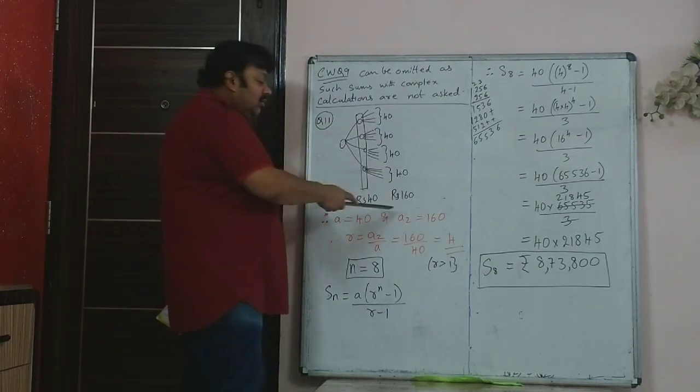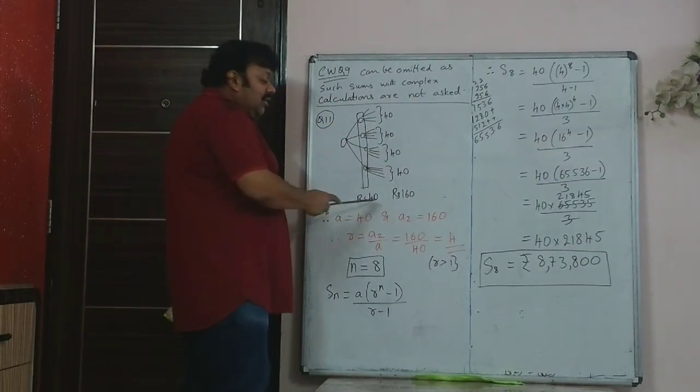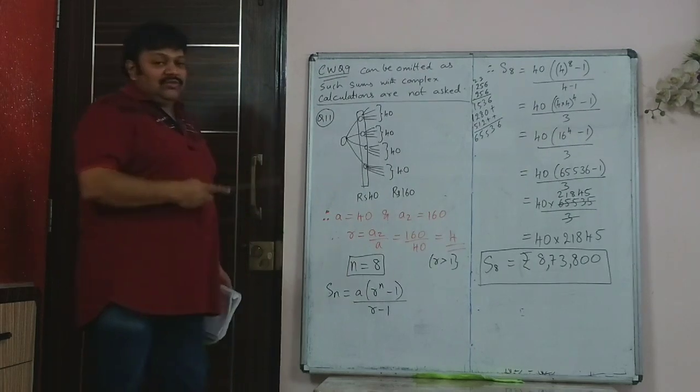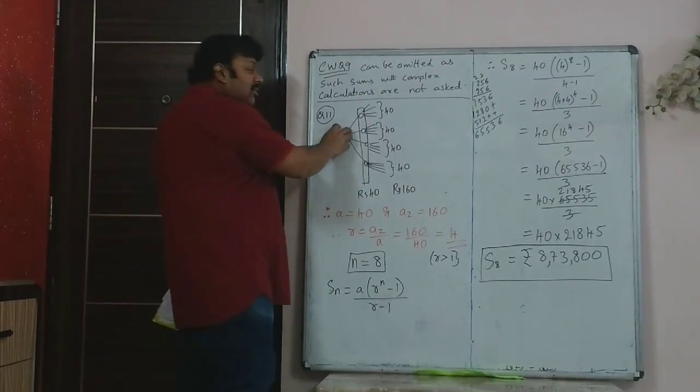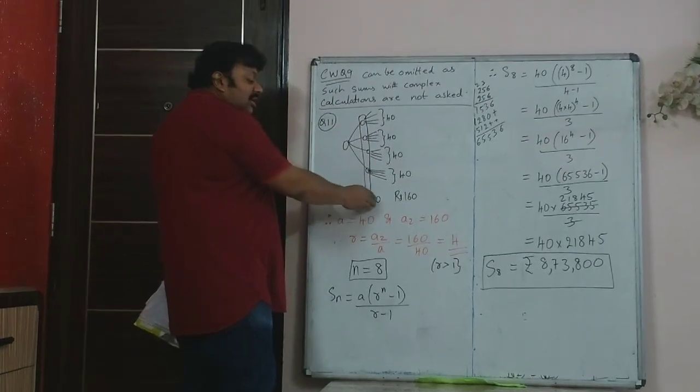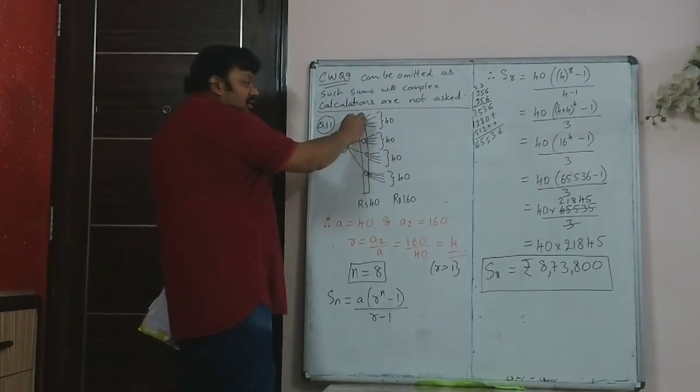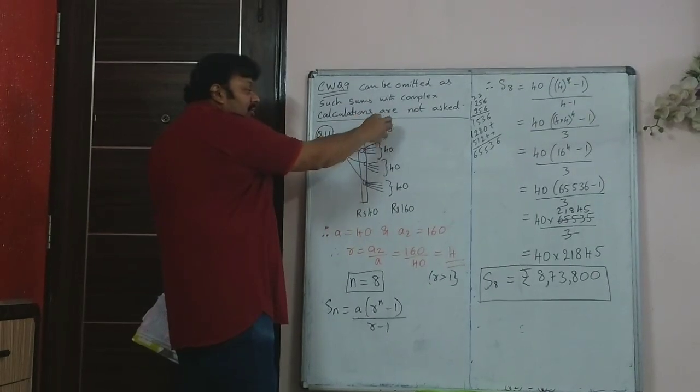So the main thing is only this much, to find what is A and the second term. After that the sum is very easy. So the first person didn't pay the shopkeeper anything. These 4 guys paid 10 rupees each, so 40. Now this fellow is getting 4 people who paid 40.